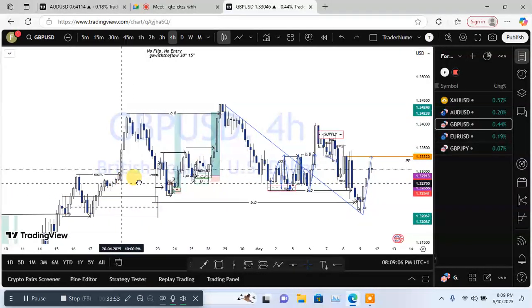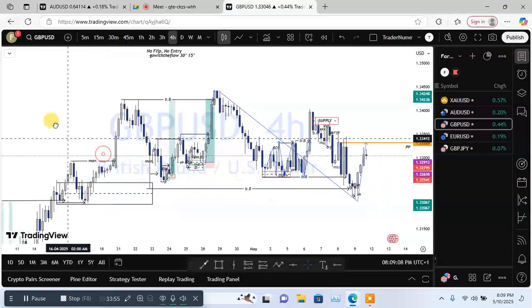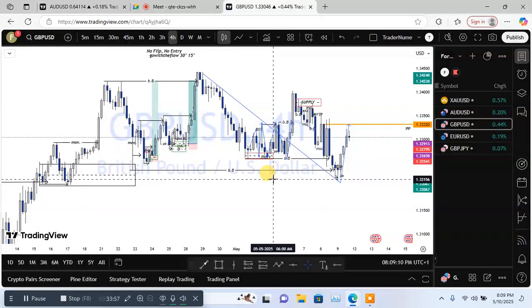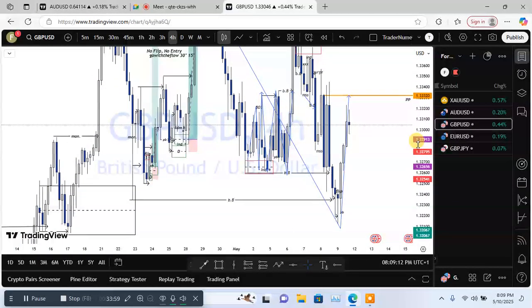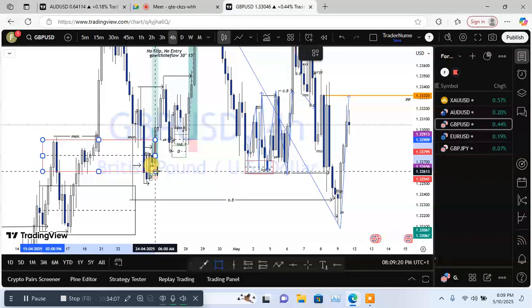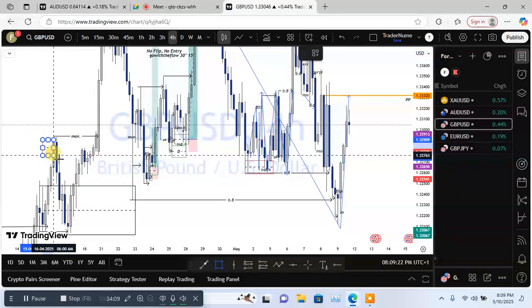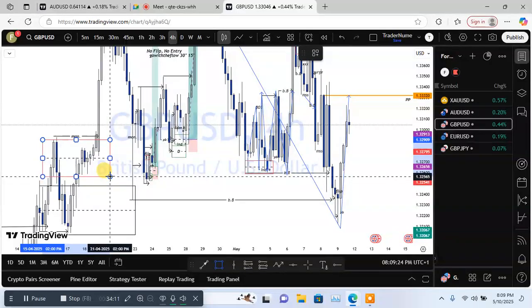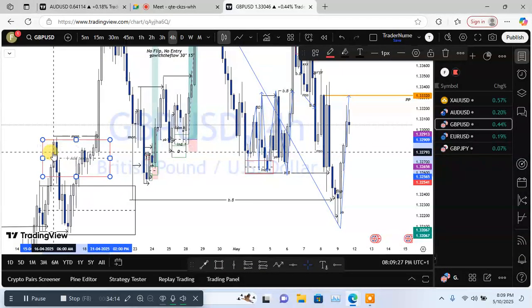So now supply becomes demand means this candle here, let me mark it out for you. This is the candle, this bullish candle that you are seeing here. Just look at my mouse. This very bullish candle is a supply candle